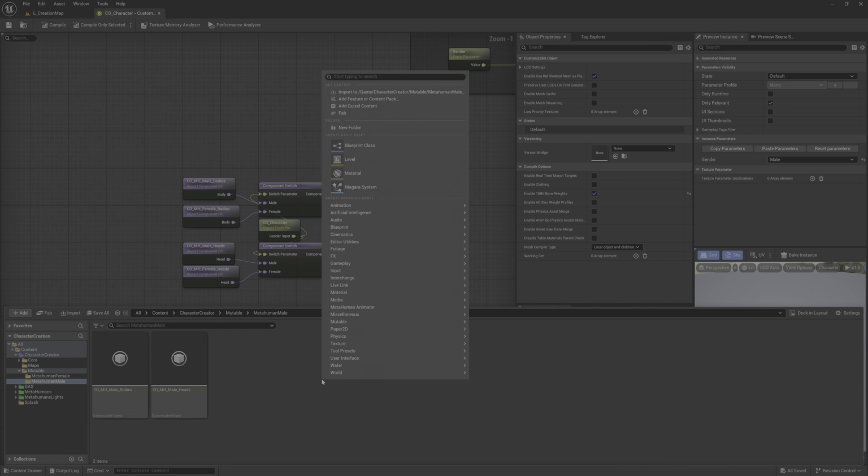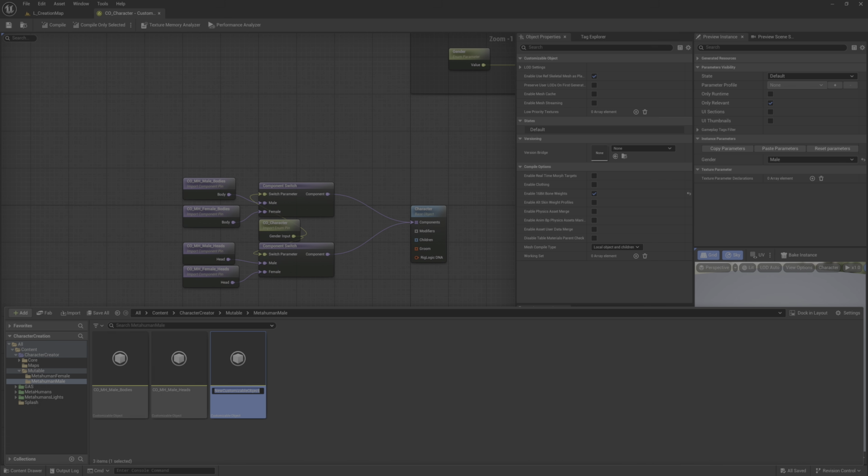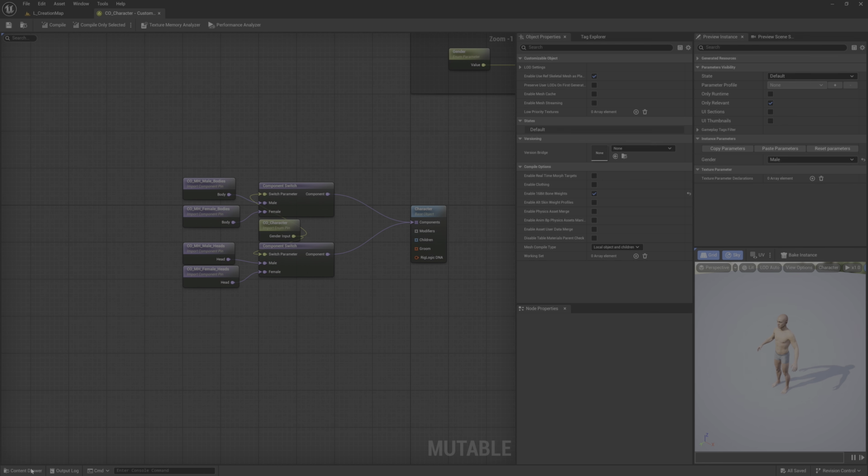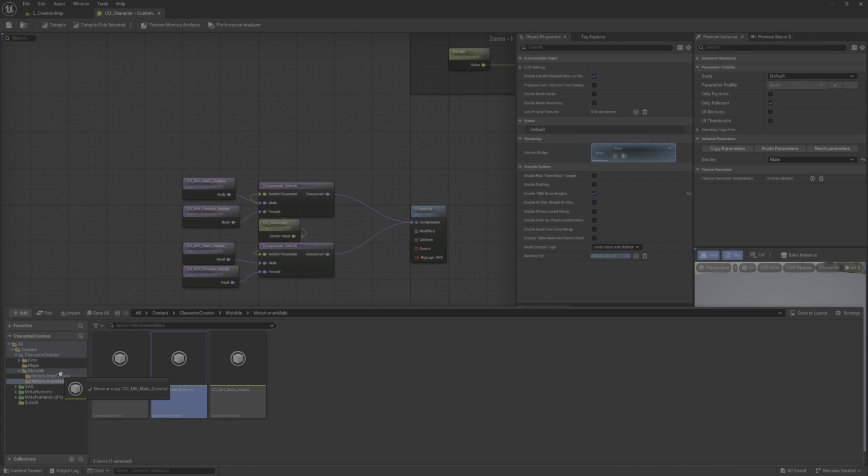Here in MetaHuman Male, create a new Mutable Customizable Object, and call it COMH_MaleGrooms. Okay. There, and we'll copy it to female, copy, and rename it for female.